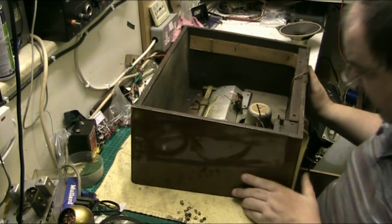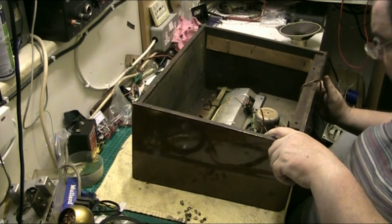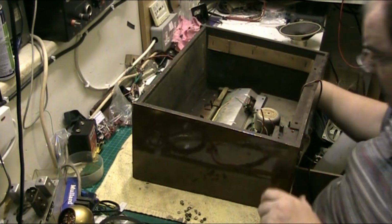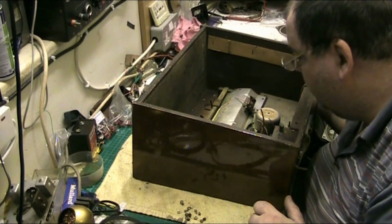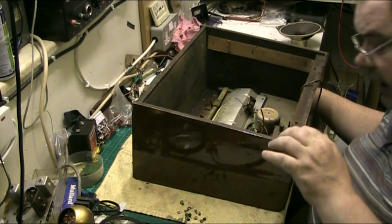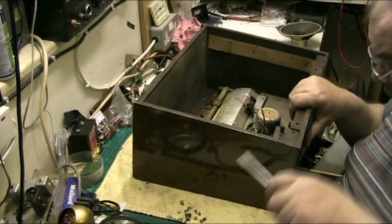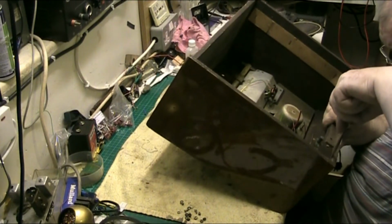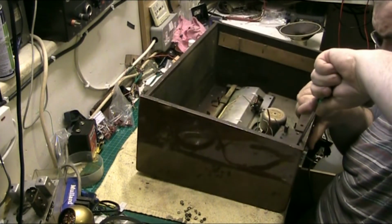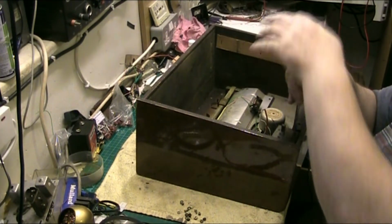I've got to find a way of getting this off as well because I'm putting a new one on. I've got a nicer one which came off the donor. Oh, and one of the screws is seized in. So I've got to work out a way of getting that off. I think the best way to tackle that is to push down there, put a screwdriver into it there,